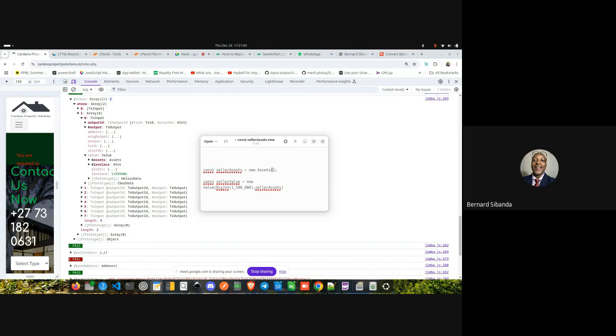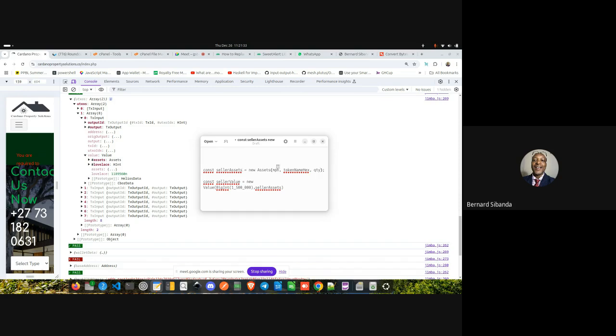It needs the first, the minting policy, the policy. So let me say MPH. Second argument it needs is the token name in a hexadecimal way, so token name hex. And the next thing it needs is quantity. How many of these tokens?